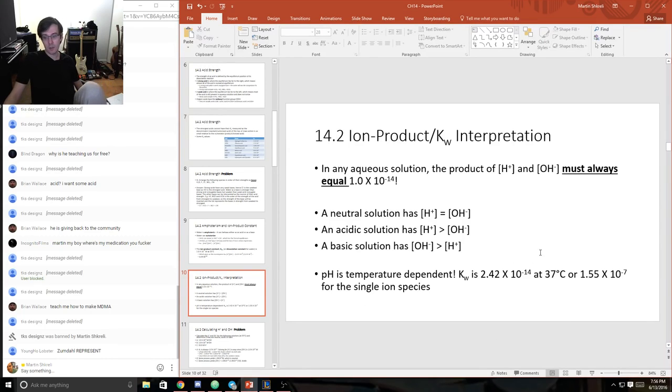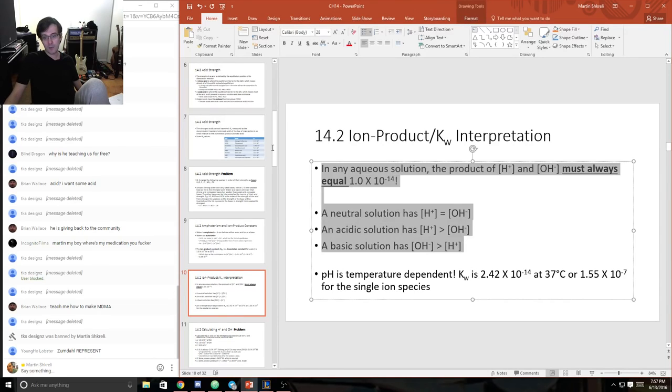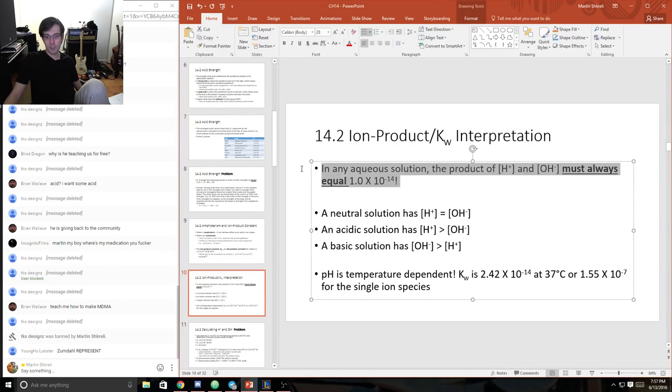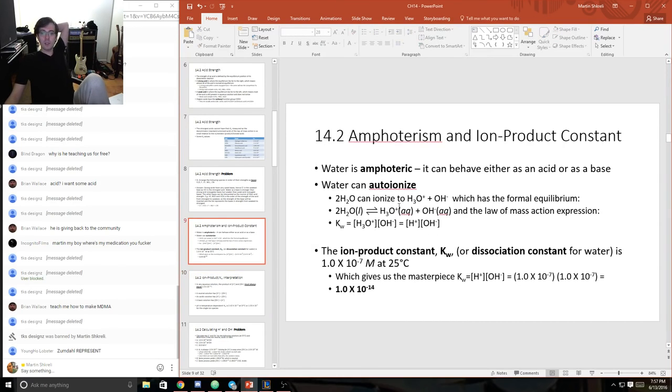So at a higher temperature, you're going to see a difference in the Kw. But let's not get distracted from the really important concept here that it must always equal 1.0 times 10 to the negative 14th. And this simple concept that water will dissociate into hydronium and hydroxide in this special value is going to be really powerful for us to